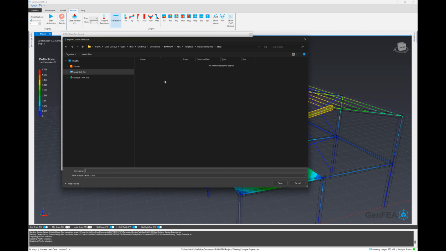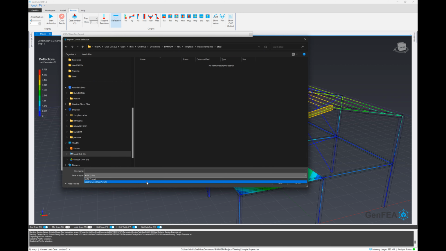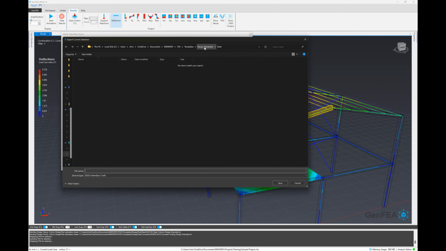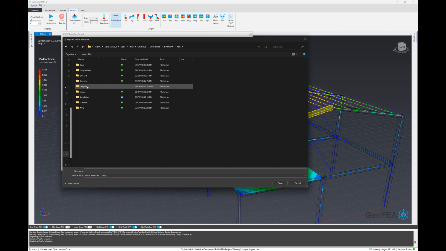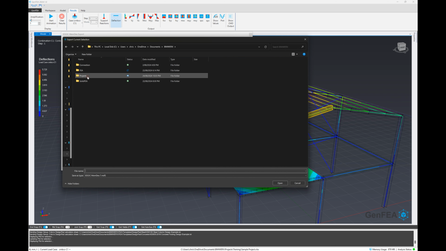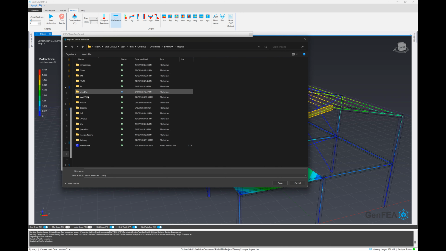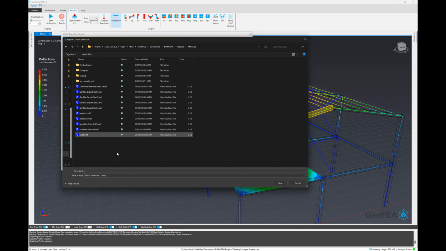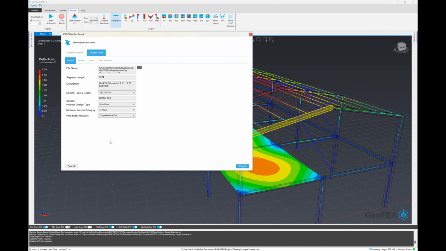Now we can go ahead and save this and specify the file save location. So we're just going to change this to the memdes format. We're going to specify a path location and a name, and we'll just place this in the projects folder here. So we'll go up one folder and place that in projects, and we'll just put it in memdes there, and we're going to specify a name. Right, so we'll just call this one training tutorial,